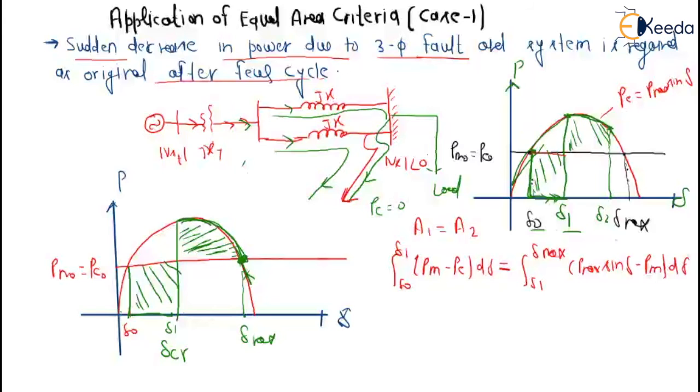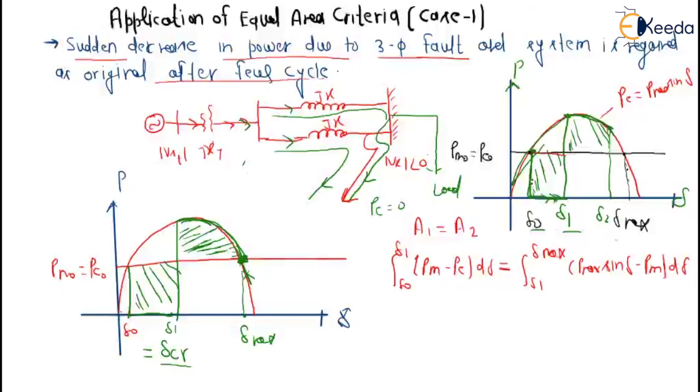So del 1 is basically said as del CR, means if the system is not cleared or not regained to its original state before this angle, the system will be unstable. Or after this angle del 1, if the system has been regained, the system will be unstable. So delta 1 is the critical point, and in this case will be considered as del CR. So del CR is nothing but that angle before which if we do not clear, the system will not regain, our system will become unstable.